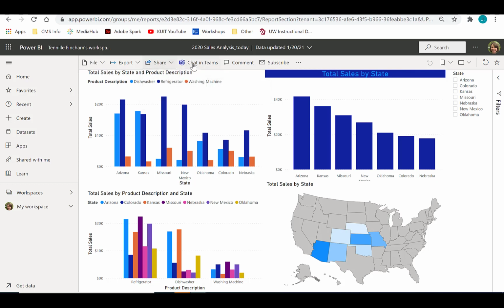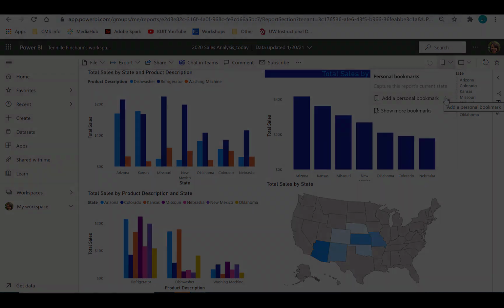One more item that is in the top menu of the full report and not on the dashboard is the bookmark. When you add a bookmark, Power BI saves the report as it is in the moment. This can be helpful if your report gets refreshed with new or additional data. You can bookmark after each refresh so that you can see how the visual report changes over time.